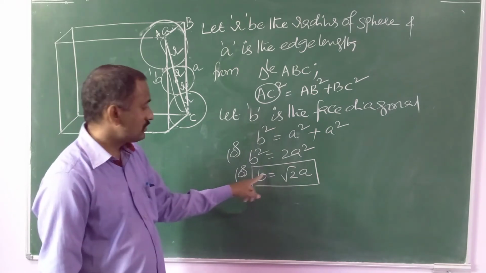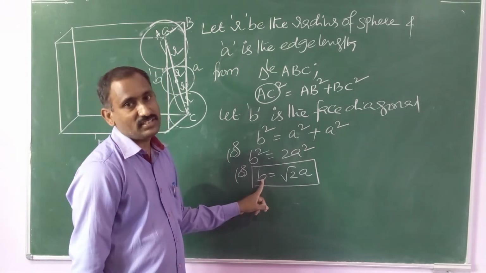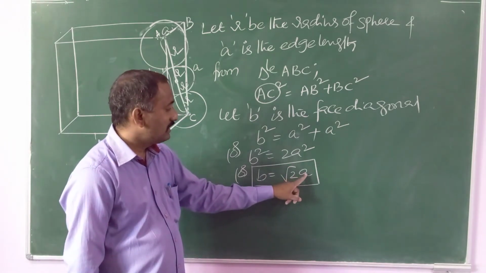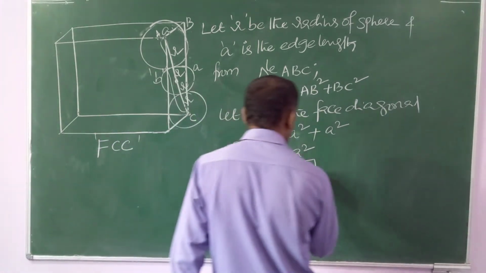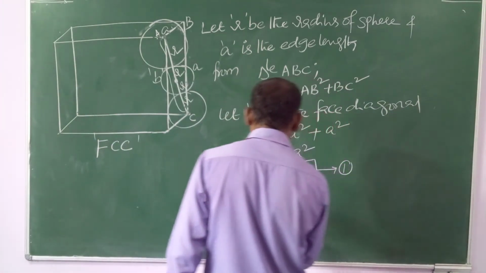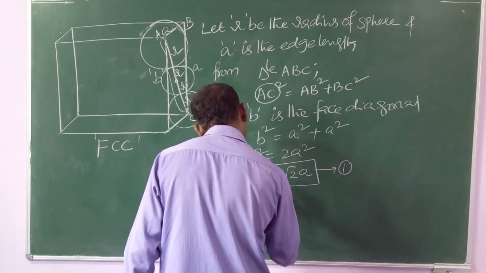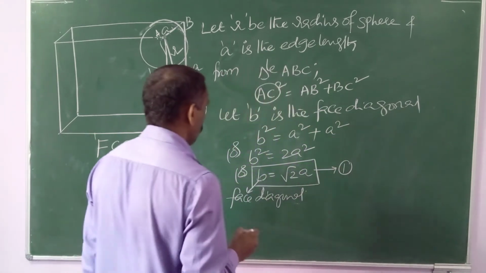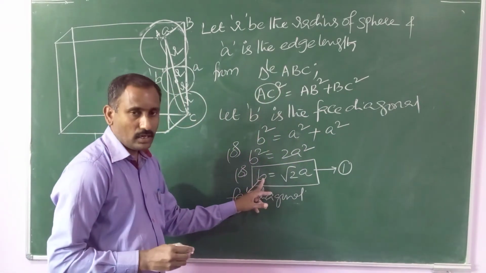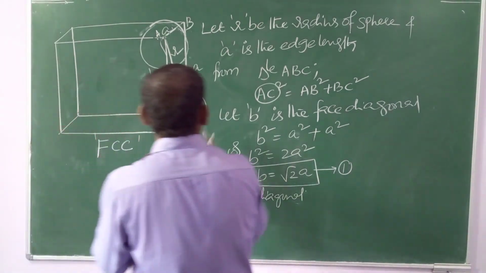Sometimes in objective exam, edge length they will give and they will ask to calculate face diagonal. Direct shortcut formula: the given value multiplied by root 2. Say it is equation number 1. This is known as face diagonal. Very important for objective exam. This is the shortcut formula. Again from the diagram,